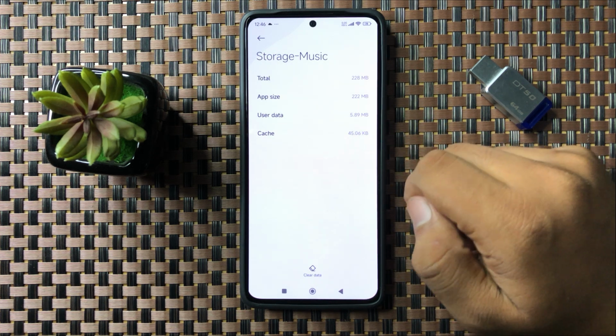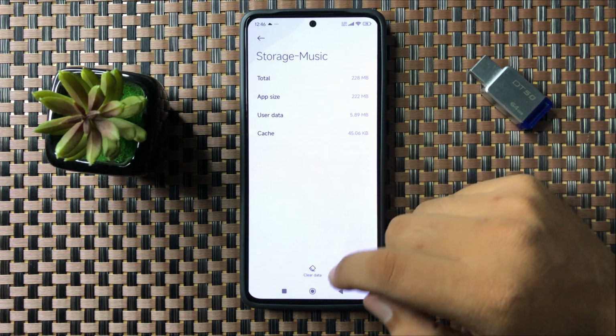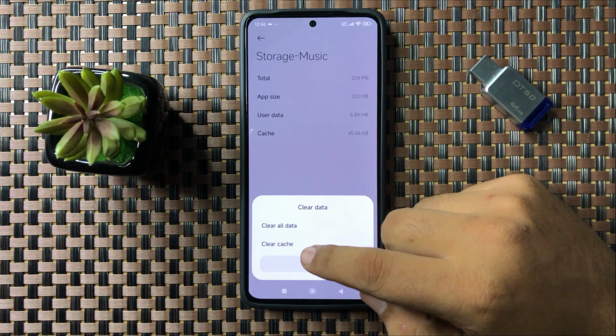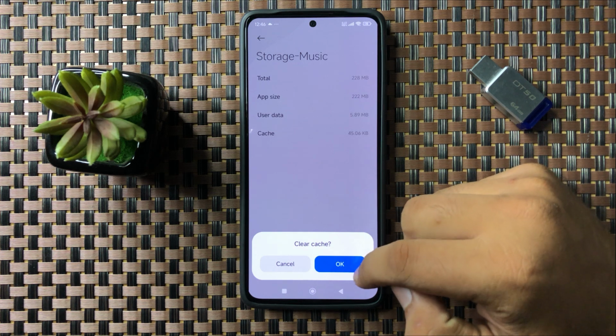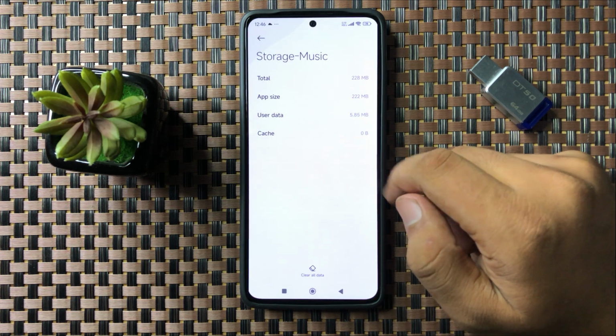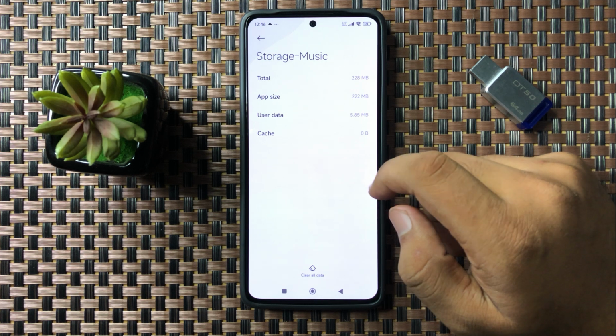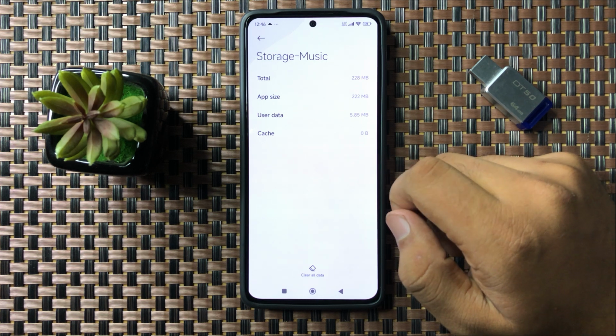Now clear the cache memory of the music app. So to clear this, tap on clear data and select clear cache. Now here tap on OK to confirm, and after clearing the cache memory, the music app will start playing tracks